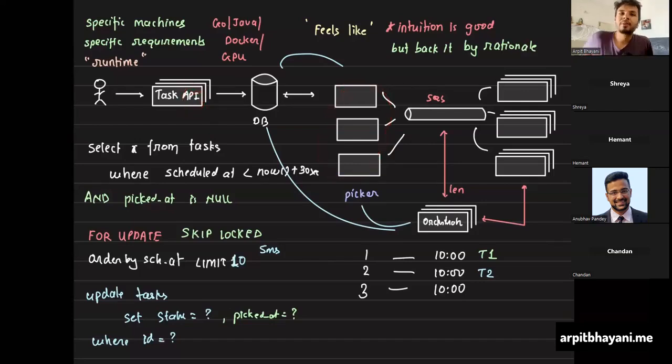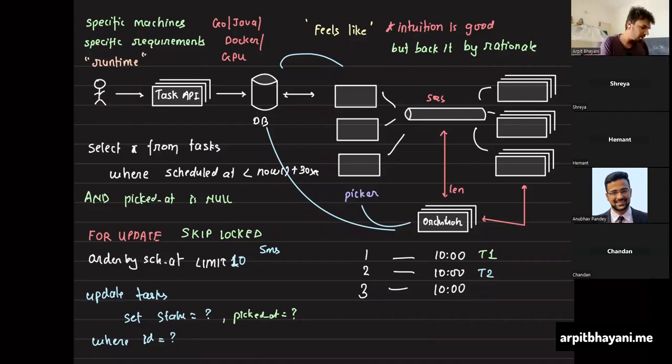Okay. Now my counter to that is very simple. Why do you want to merge? Why do you want to keep your API server so complicated? Because that is already handling user-facing requests. This API server would be serving UI for your user, showing them the statistics about the task, average time to completion and whatnot. And now you are giving it more responsibility.